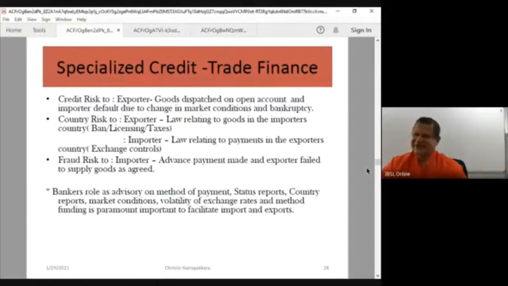However, in the size of the balance sheet of a bank, generally about 70% of the balance sheet includes your loans and advances, and that is exposed to credit risk. So the size of the balance sheet gives us a different picture. It says the highest amount of risk or the highest value of risk is in credit. So that's why we pay a lot of attention to the management of credit,